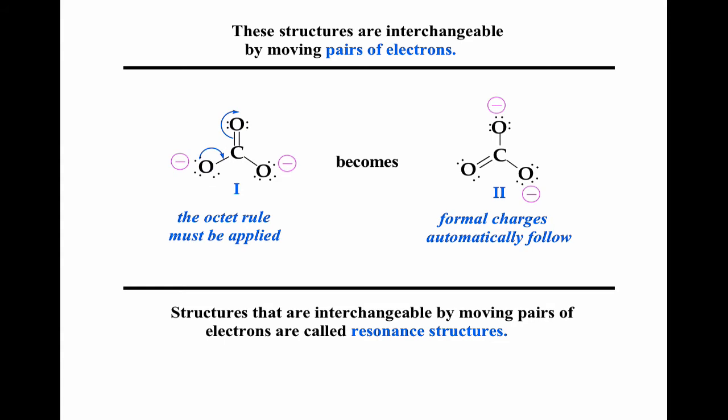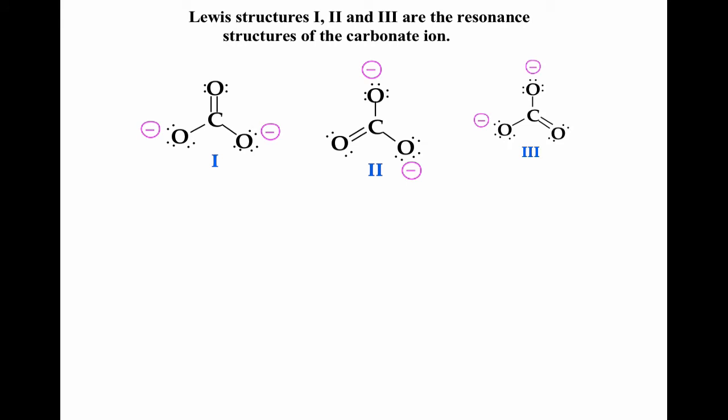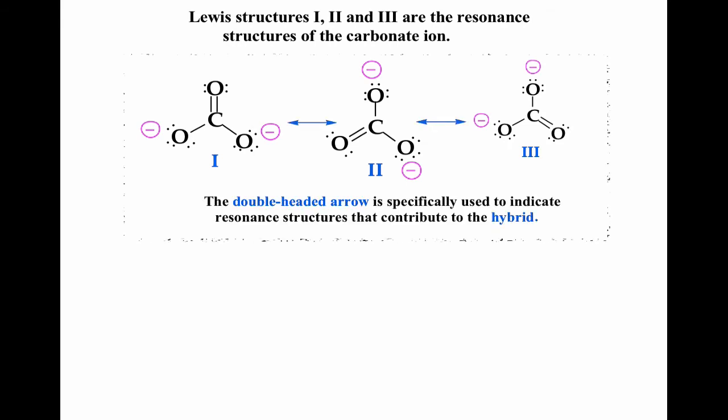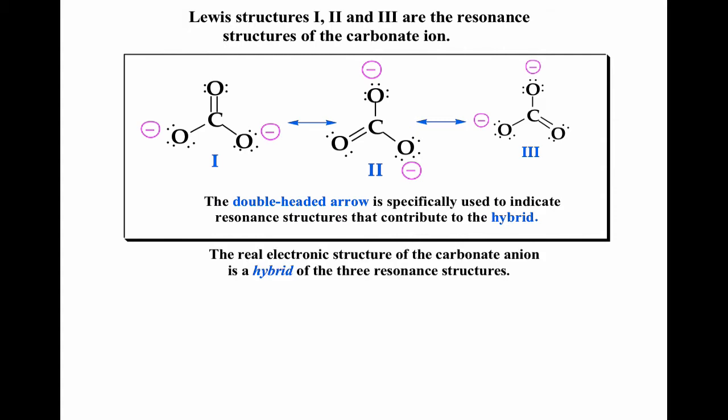So we're breaking the pi bond here, and we're pushing those electrons from the pi bond onto oxygen to give it a lone pair, okay? And so the formal charge follows the electrons, and we're there with that particular Lewis structure, okay? So we've got our three different carbonate resonance structures. We've got our double-headed arrow showing that they are all resonance structures of one another. Again, these are not equilibrating structures. Don't get that confused, right? And so the hybrid looks something like that,